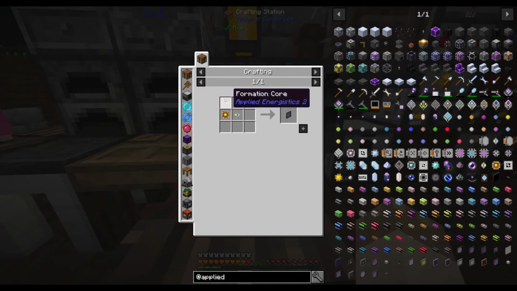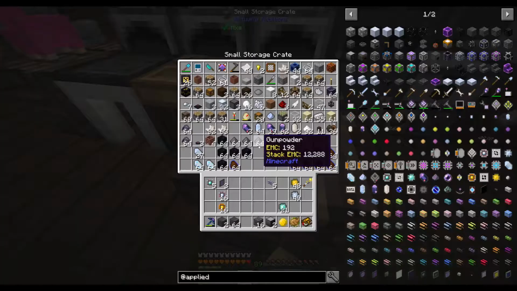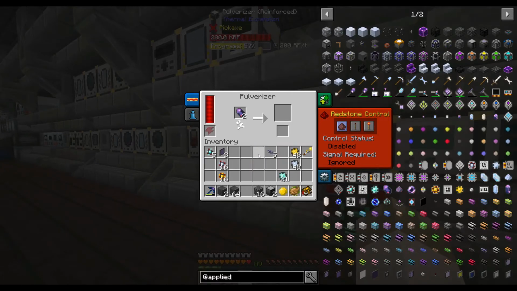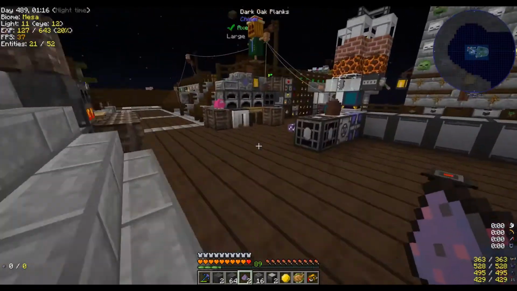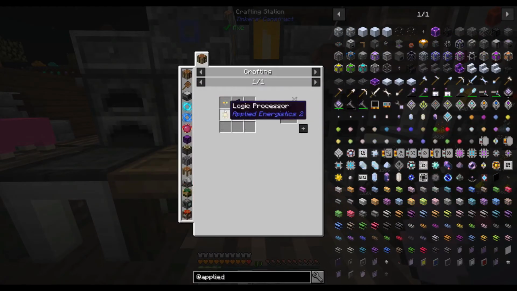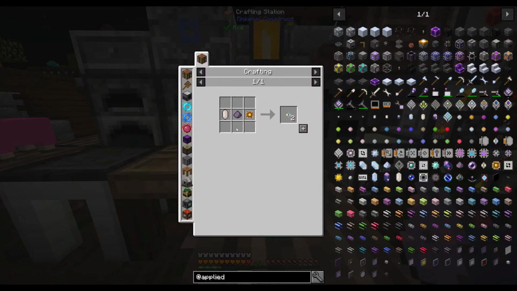So, the ME terminal. We need to do a formation core, which we need Fluix dust for, apparently. Did not see that coming. So, let's come up here and grind this down real quick. Get some Fluix dust. I thought we had the Fluix dust, but I guess we used it. I did make a few more pure Fluix crystals, so I guess that kind of makes sense. This to that gets us 2 formation core, and then we need the annihilation core